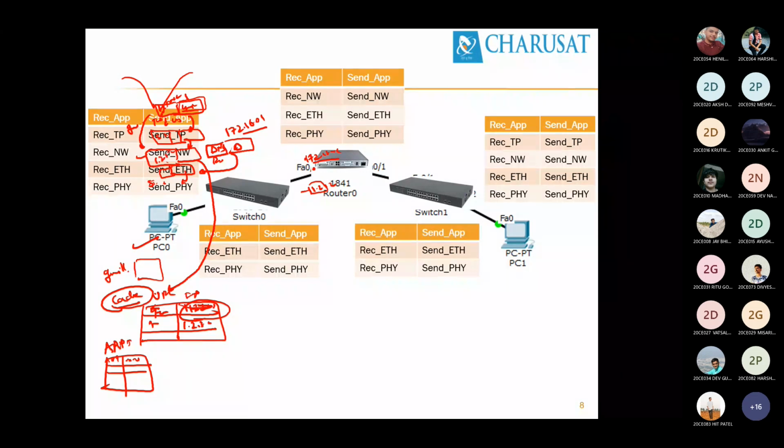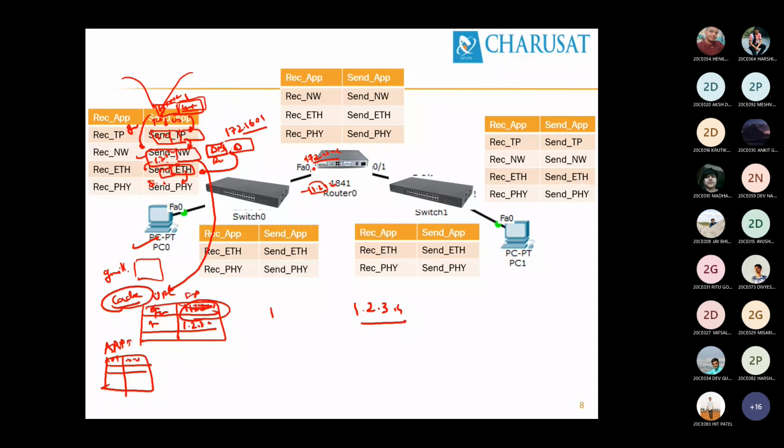Now the header is prepared. Data is available. It sends to the Ethernet layer. What does the Ethernet layer require? Source MAC, and source MAC it gets easily. What is the destination IP over here? 1.2.3.4, which is nothing but the IP address of the Gmail server. Correct or not? Are you with me? Yes. So that destination IP is 1.2.3.4, but